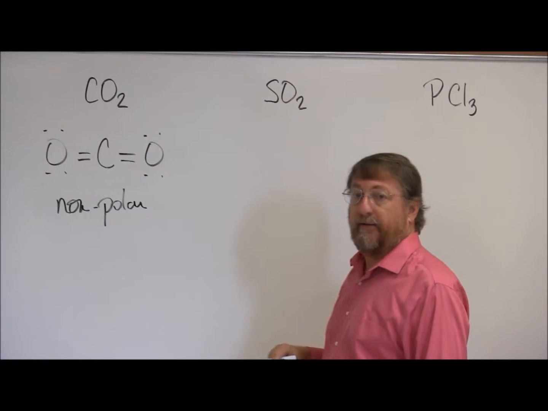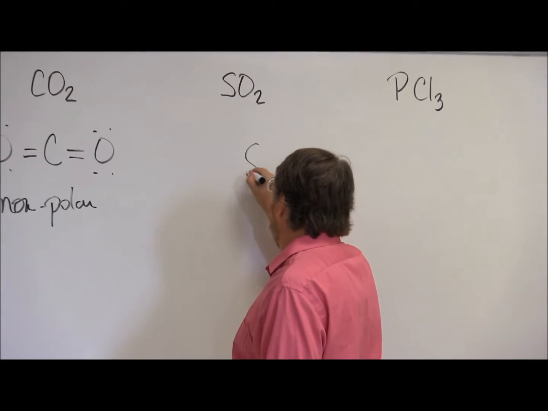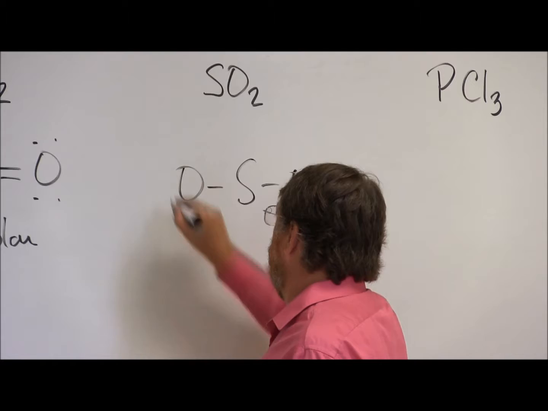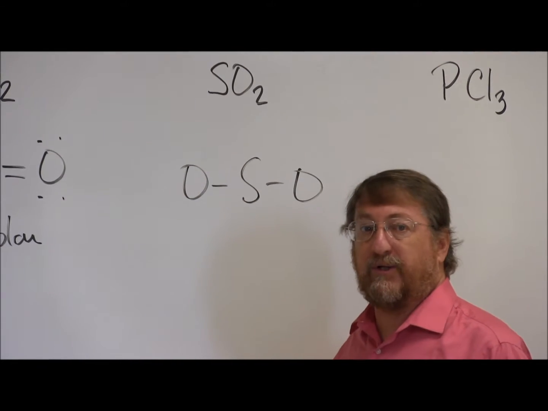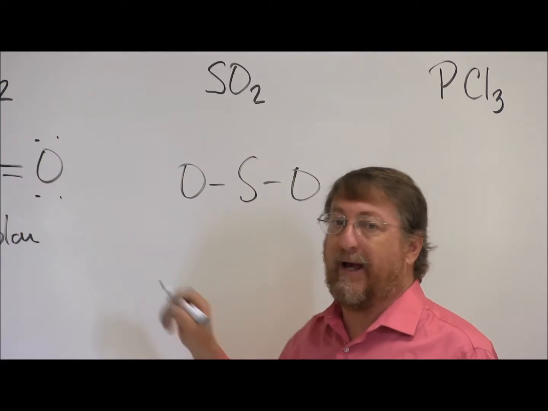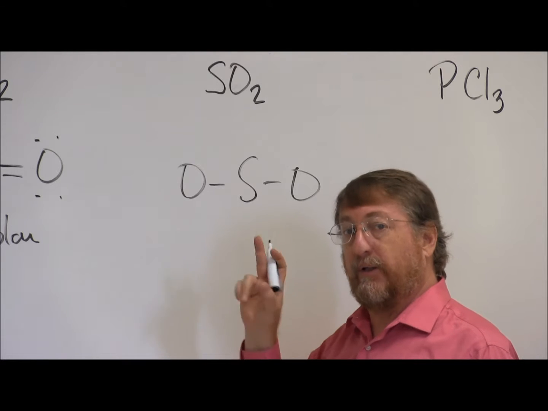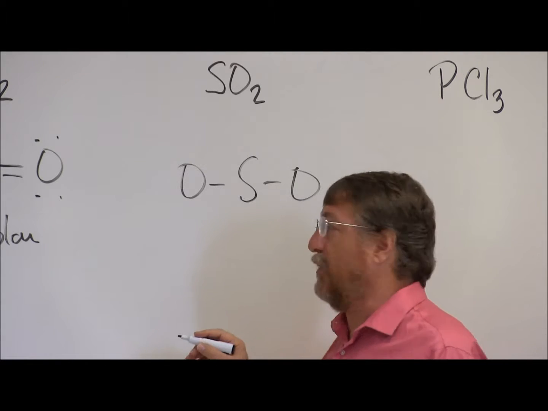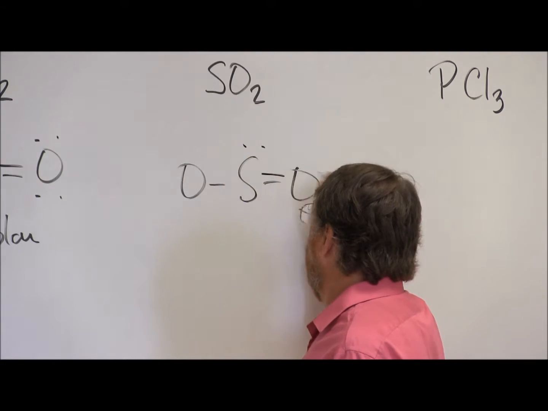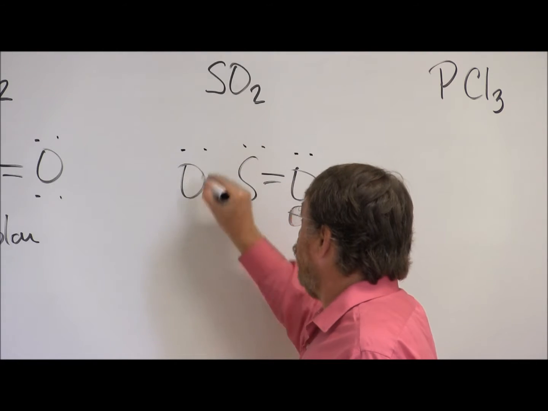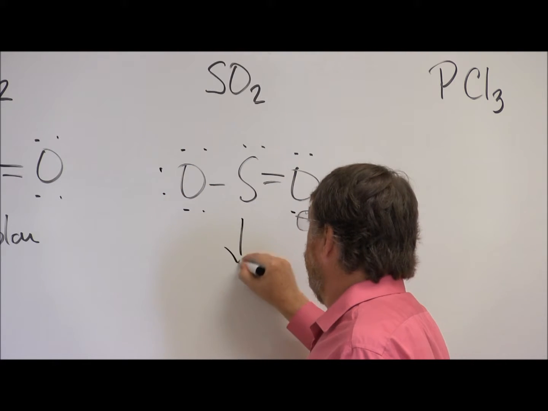Sulfur dioxide, SO2. We have sulfur, oxygen, oxygen. Go through and do the calculation here. We have 2 more electrons than we had in the carbon dioxide, and so we only need 1 bond. So this is a resonance structure. We could draw either way, and then obviously